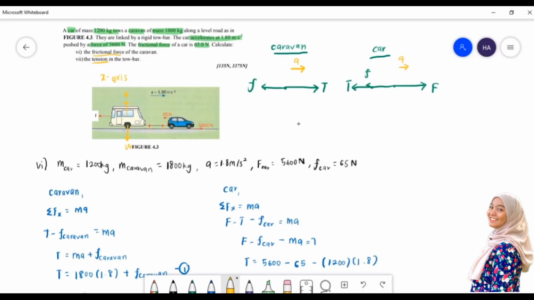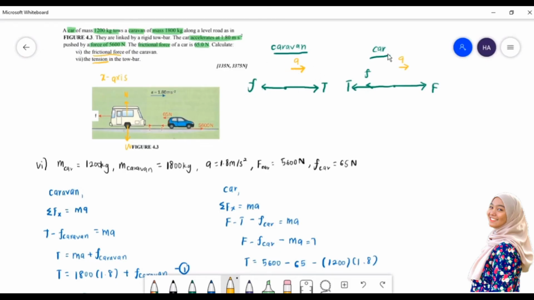So, dari sini kita boleh lukis dekat caravan. This is the caravan. Okay, this is the caravan. So, dia ada tension in front of the car, the caravan. Sebab tension from the car. Okay, and then dia ada frictional force here. So, kita boleh lukis macam ni. And the acceleration is moving